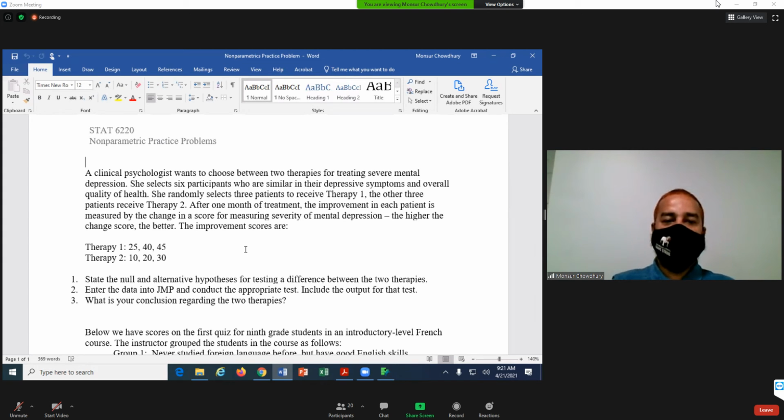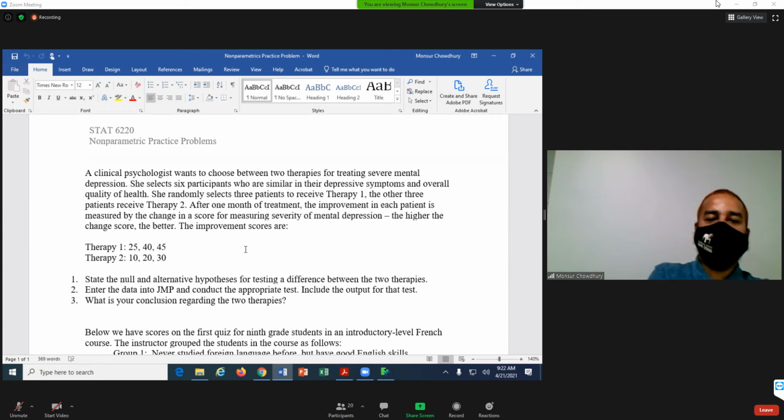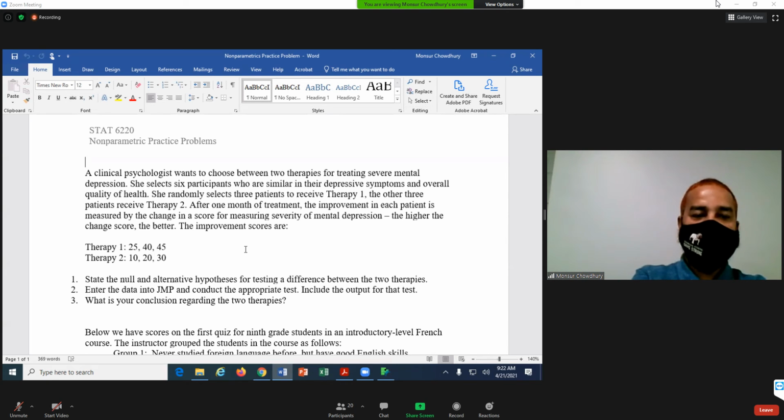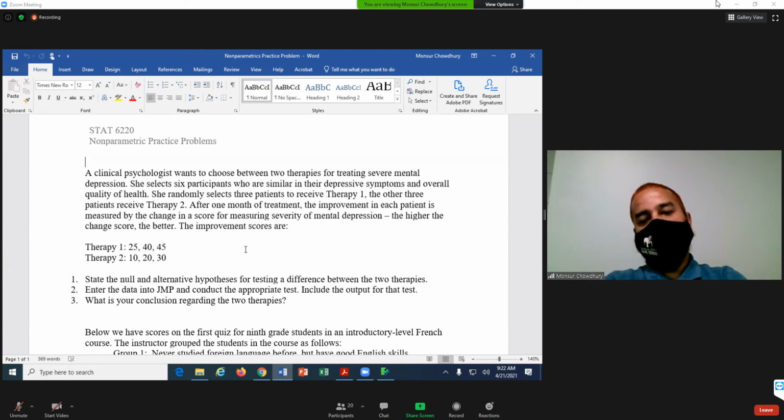She selects 6 participants who are similar in their depressive symptoms and overall quality of health. She randomly selects 3 patients to receive therapy 1, and the other 3 patients receive therapy 2. After 1 month of treatment, the improvement in each patient is measured by the change in a score for measuring severity of mental depression. The higher the change score, the better, and the improvement scores for these two are given.